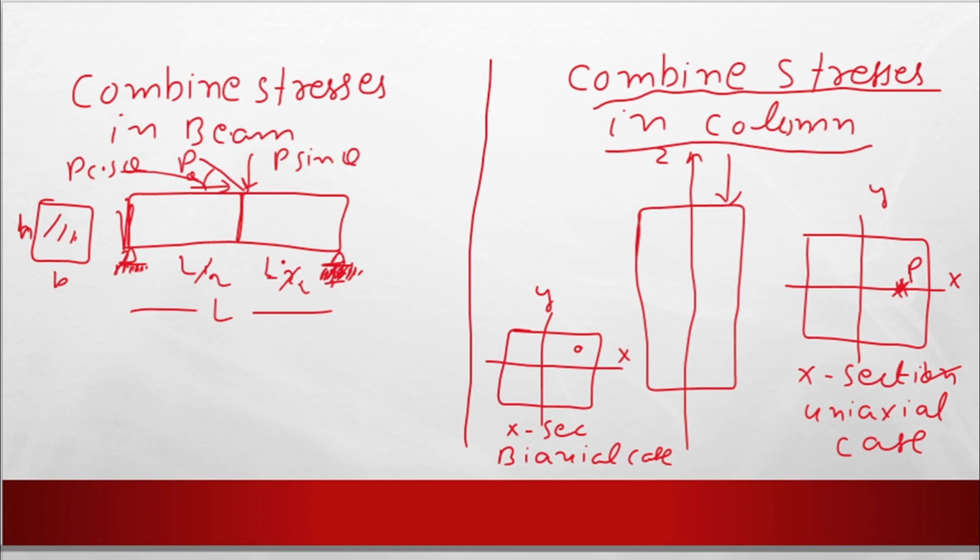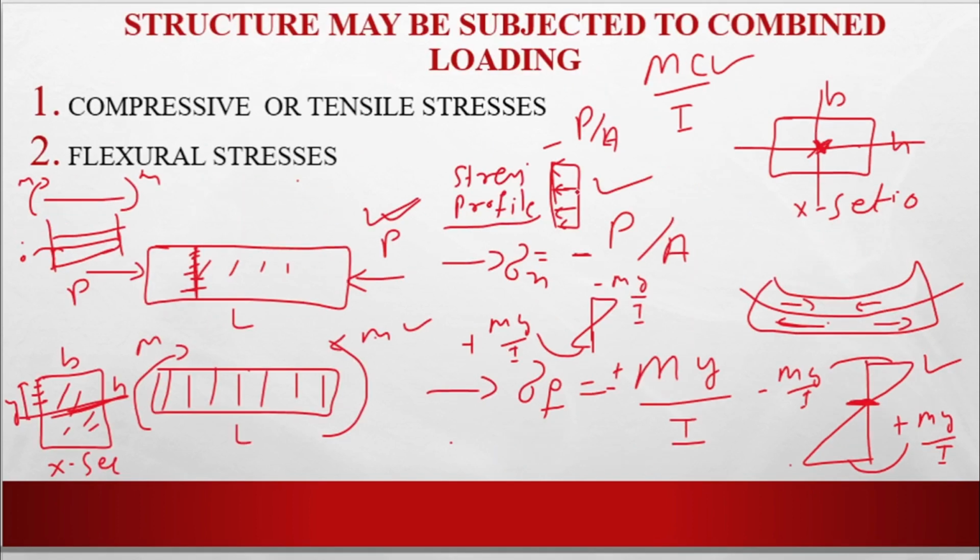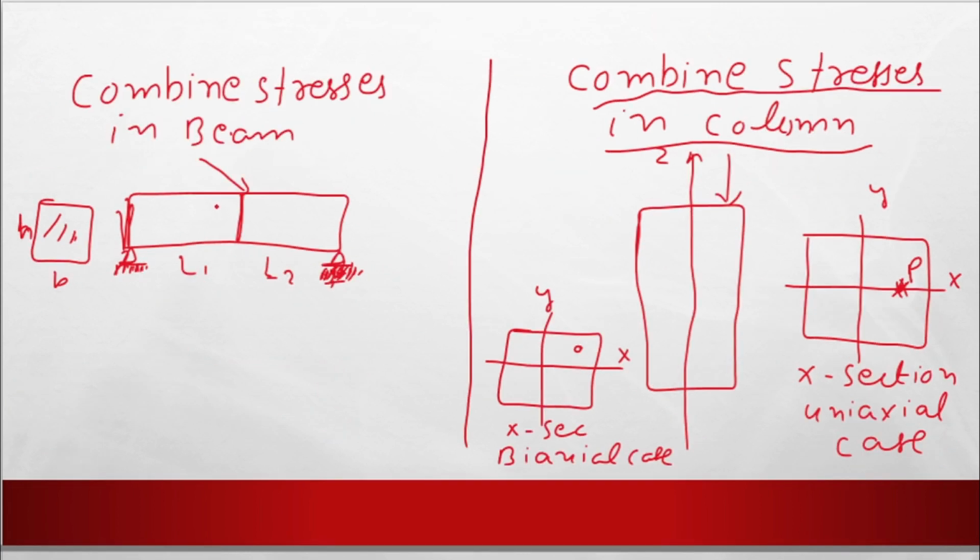Now this force is acting in this direction at the top of the fiber. But we see that this type of P by A stress is produced when the load is applied at the center of the section. So you must transfer this force,